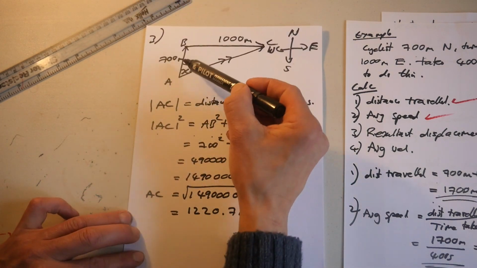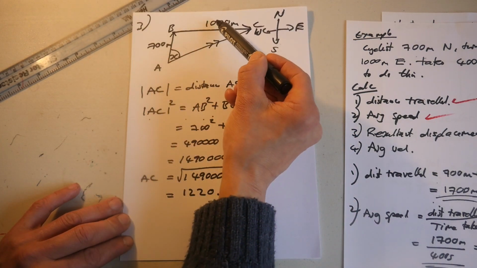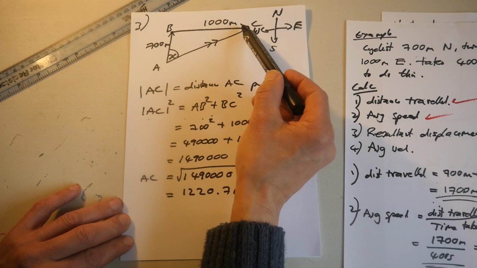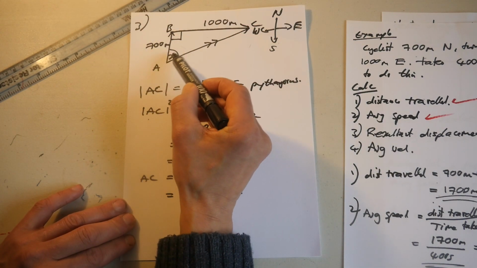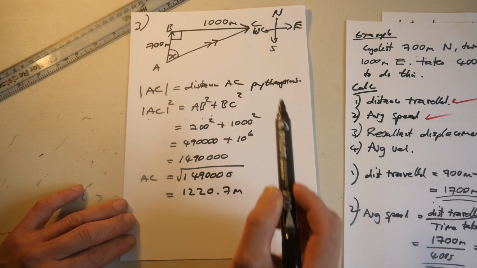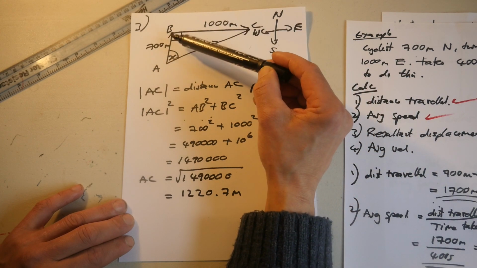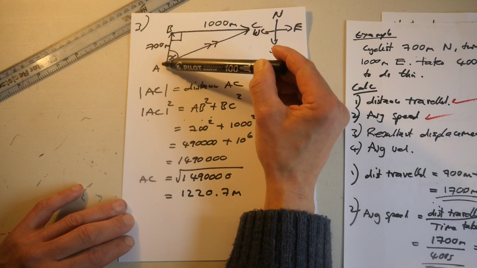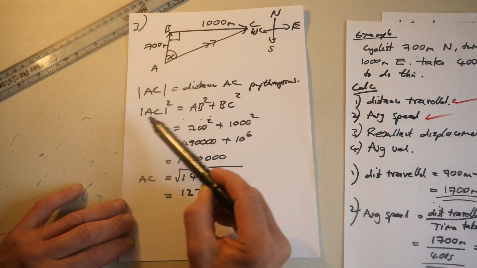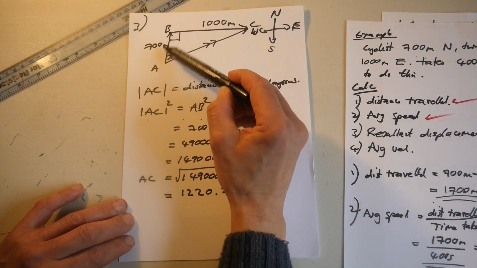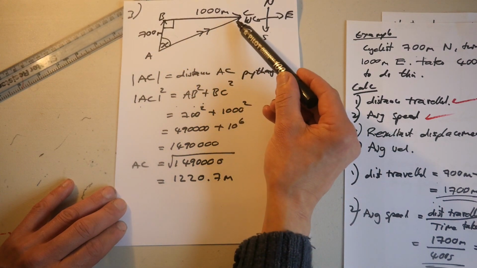And then to work out the angle, because we want to get the resultant displacement, we've got the opposite and adjacent sides of the triangle, that's the right angle. That's adjacent to the angle, that's opposite to the angle. So Pythagoras applies to right angled triangles. The square of this side plus the square of that side equals the square of the hypotenuse. That's why I did AC squared equals 700 squared plus 1000 meters squared,